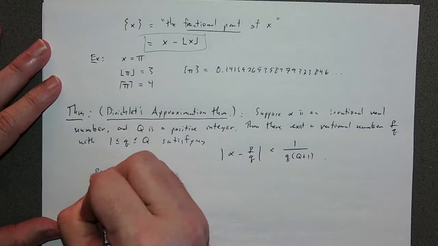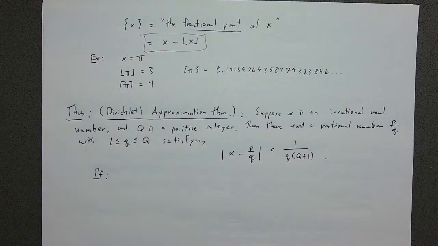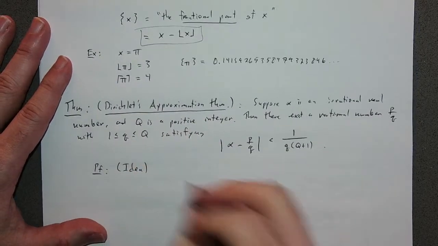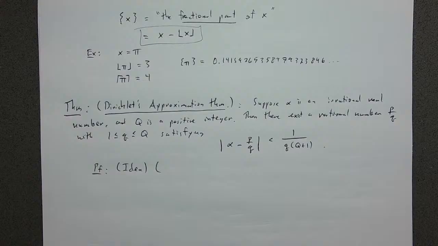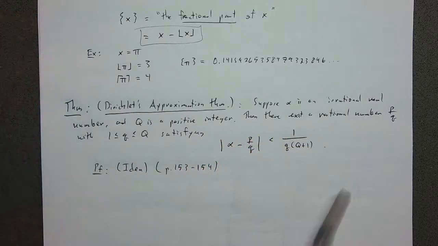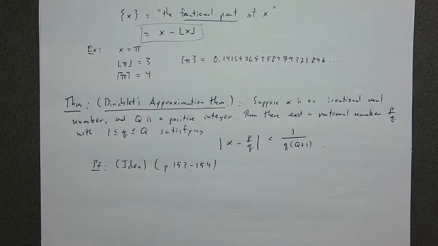This theorem on its face doesn't appear clear where the pigeonhole principle is going to be used. If you want to see how this is going to be used, so idea. The full proof you can find on pages 153 and 154. Because looking at this, I can hear you now, you're asking yourself, how does the pigeonhole principle factor in here at all, right? This doesn't sound like something where the pigeonhole principle could be used. But the idea,